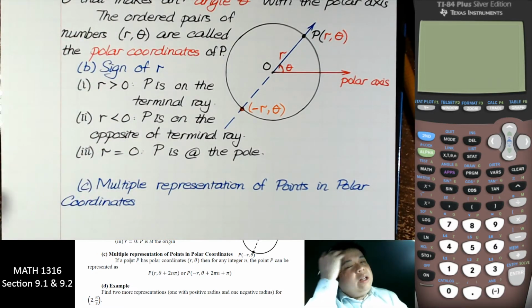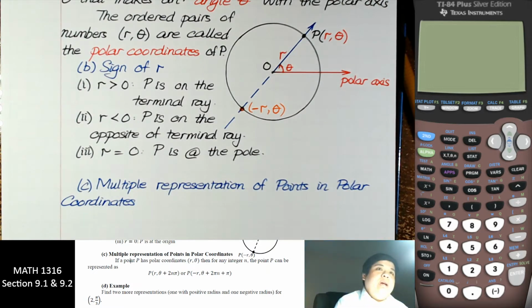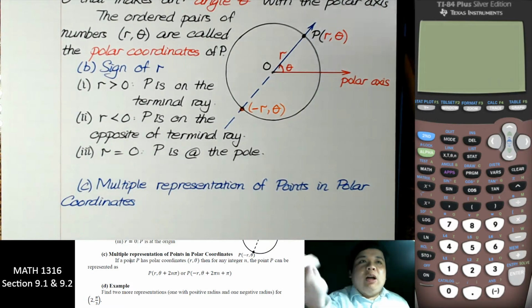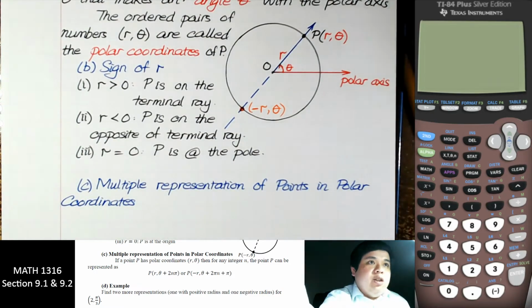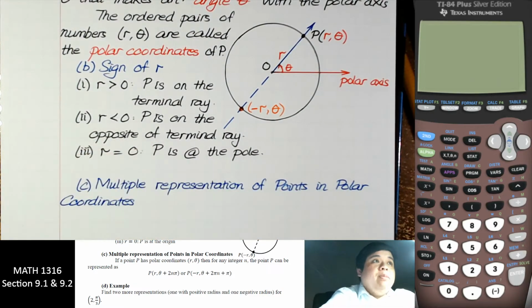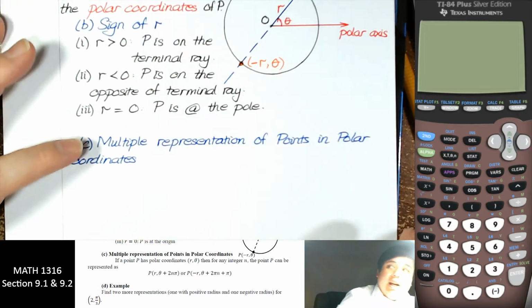Unlike rectangular coordinates, where we have x and y, if x and y are unique, then the point is unique, and the point has a unique pair of x and y. Now, what we have instead is